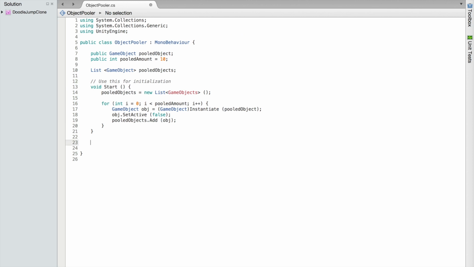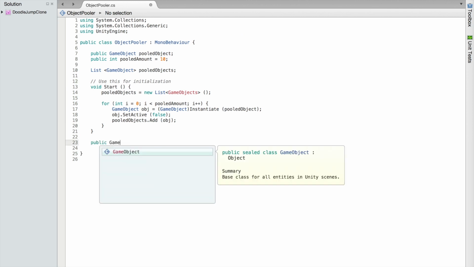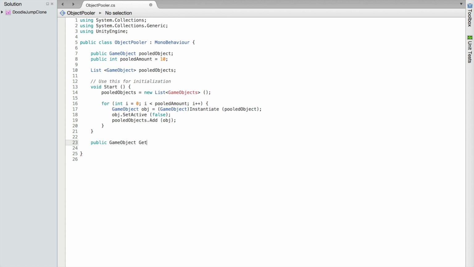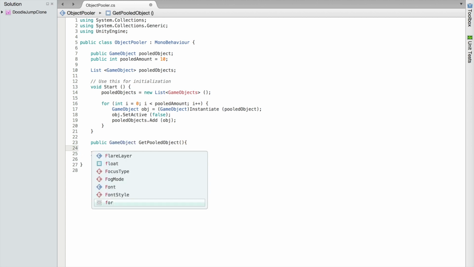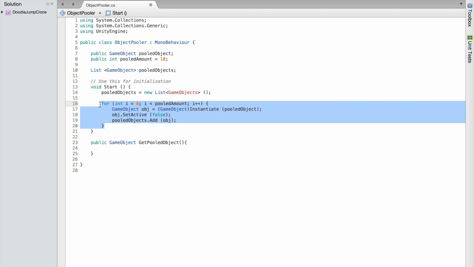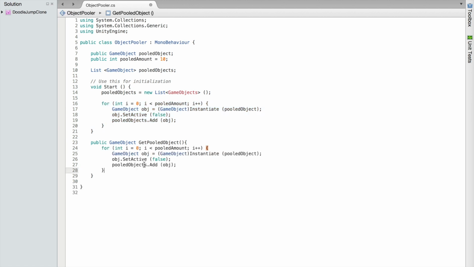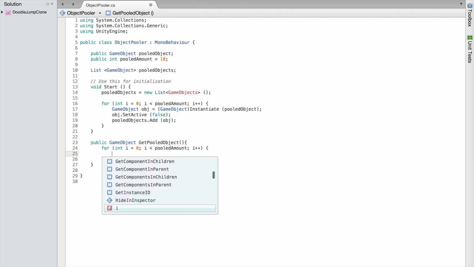And what we're going to want to do is be able to say public game object get pooled object. So we want to be able to grab one of these objects, and we want to basically loop through all our objects and find the first object that is inactive and give it to us. So we don't need this, we just need the for loop, and we're going to say if